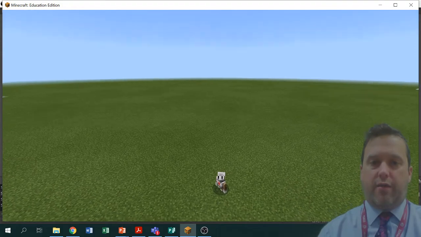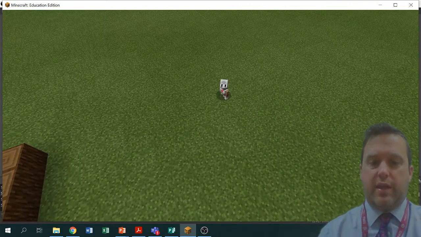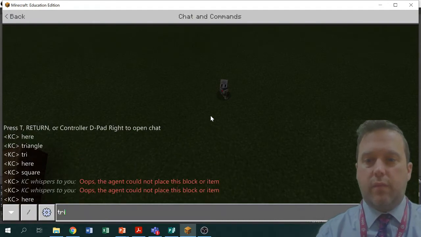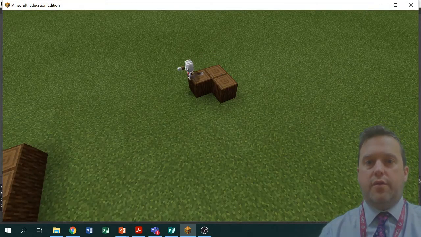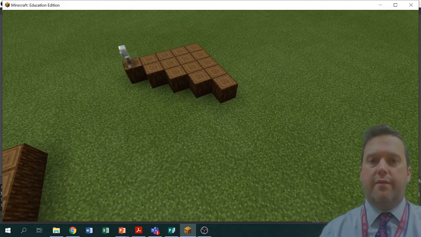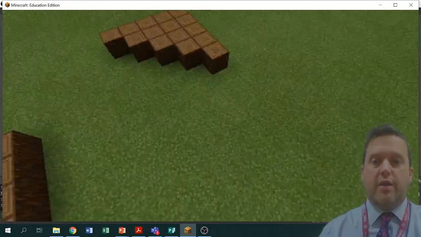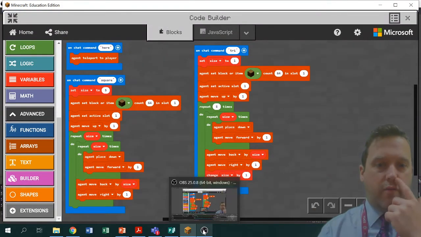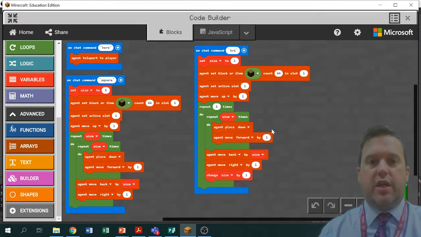So now if I get him to do the triangle, 1, 2, 3, 4, 5, right? So we can see there quite a lot of real power there behind just a couple of subtle